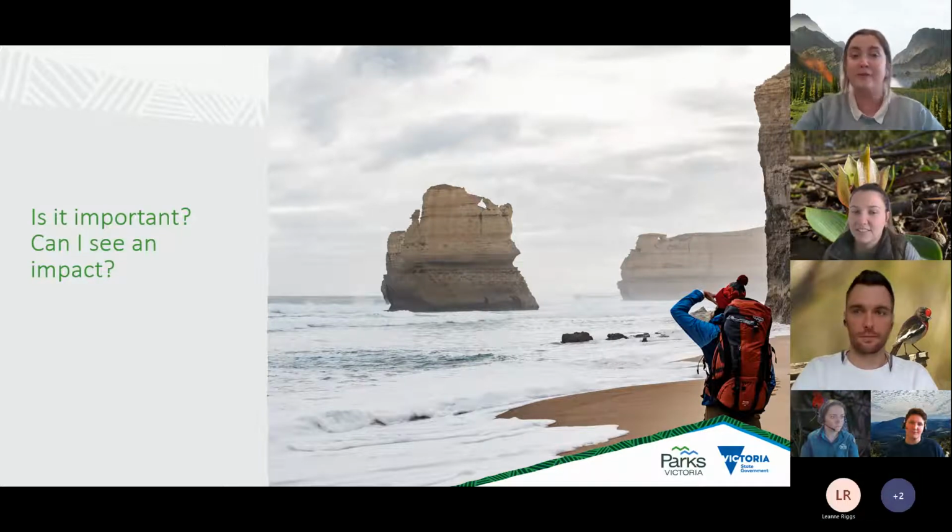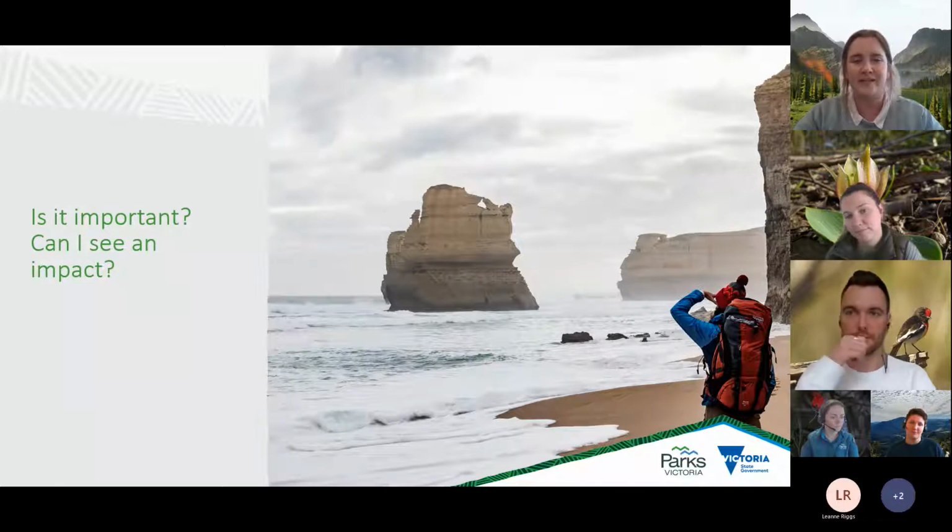Look, from a teacher perspective, absolutely, it's important. And I think that they can really see an impact. The way that we deliver it to the students to help them get a little bit more engaged, it's basically delivered as inquiry-based learning, so project-based. So they can really get hands-on with the learning, and they can actually really see the impact that they're having,